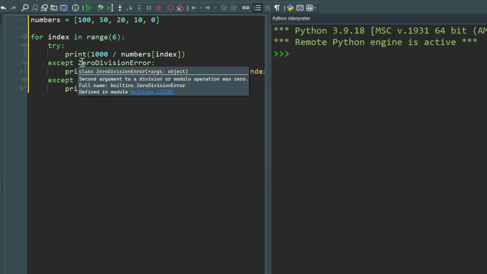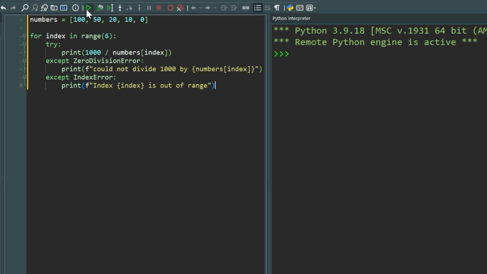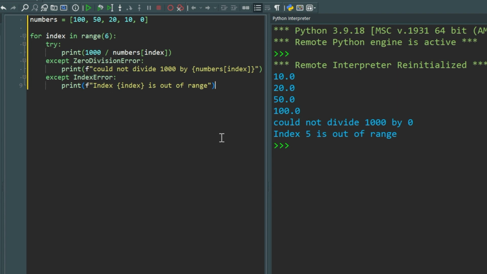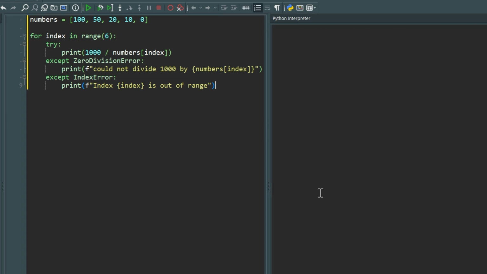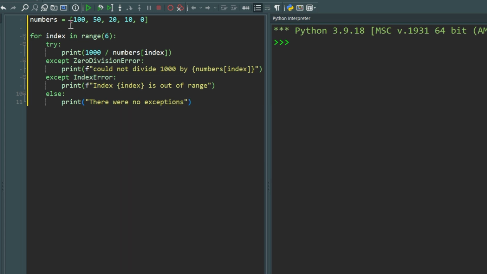So there's nothing here we haven't seen before. We will run that code and we can see it is handled gracefully that we could not divide 1000 by 0 and that index 5 is out of range. I'll clear that. I'm going to add in an else statement, and in here I'm going to print there were no exceptions. I'm going to run the code